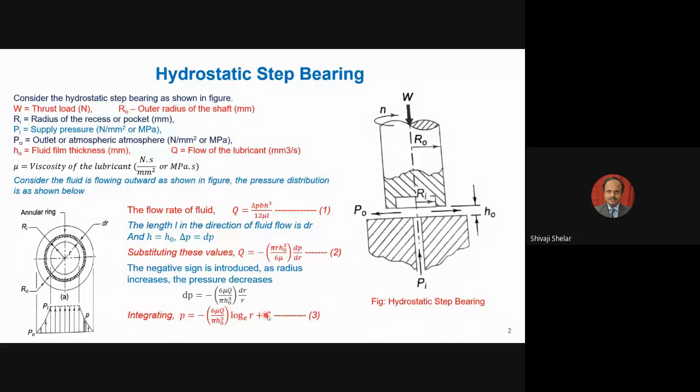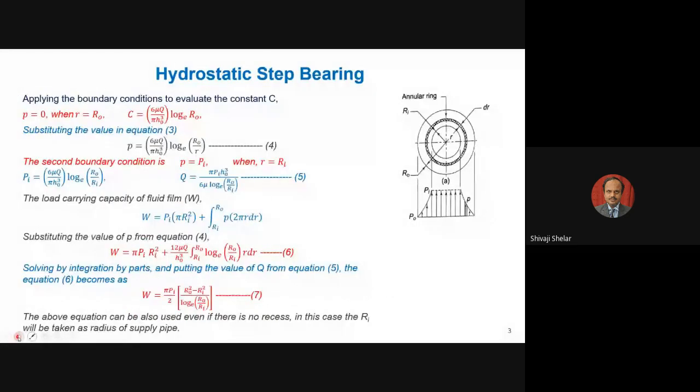Okay, so to evaluate the constant C, you have to use the boundary conditions. The boundary condition tells that when R is equal to Ri, P is equal to Pi, and for the outer boundary condition, at R is equal to Ro, P is equal to Po, or if it is atmospheric pressure, Po will be equal to 0. So we can evaluate the constant of integration by putting in the boundary conditions. That we have done in the second slide. Next slide. So applying the boundary condition, to understand that same diagram, I have repeated the diagram here so that you will not lose the connection with this diagram.